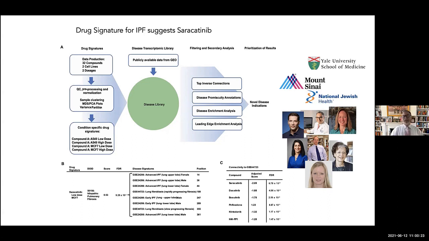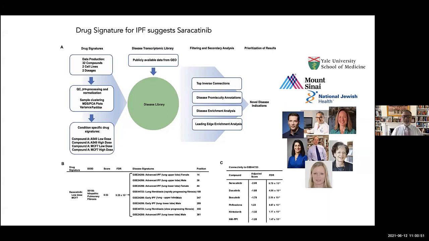This was a collaboration between National Jewish, Greg Downey in Denver, Joel Dudley, Christine Becker, and Maria Padilla at Mount Sinai, New York, Faridan Angari, and myself and Dr. Antin Ozerkis at Yale. Basically, we did the screen looking at many, many drugs that have been tested, and